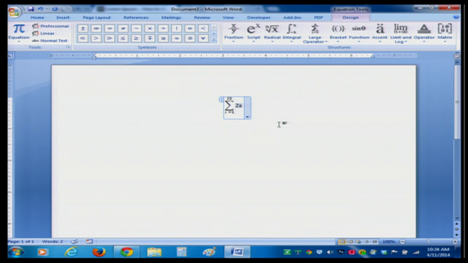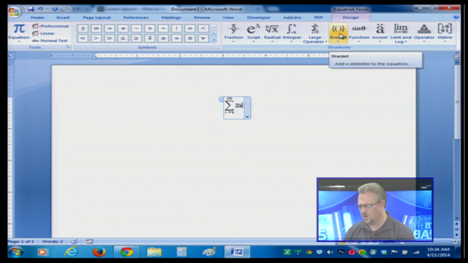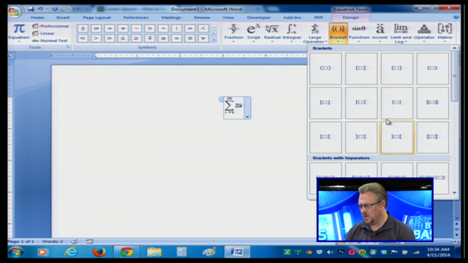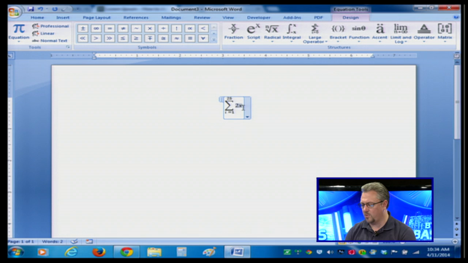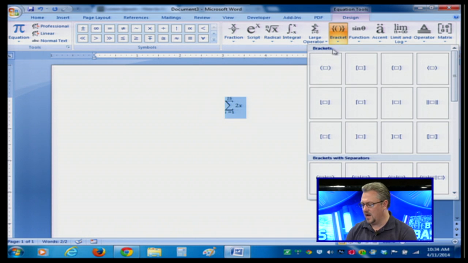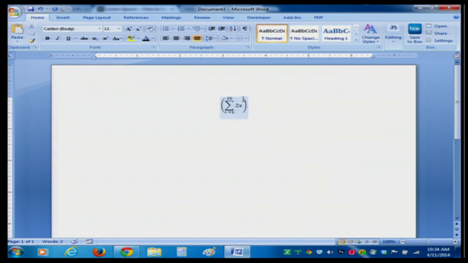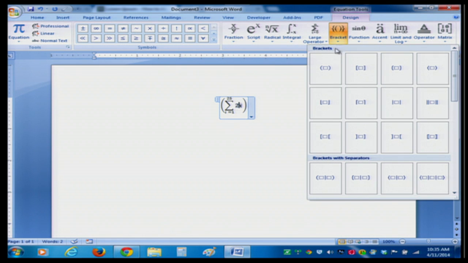So you can do summations, you can do bracketed functions. There's a lot of different ways that will let you place brackets. Again, for simple things, this doesn't seem very important, but if I wanted to put a bracket around the entire summation, I can select the entire thing, and it will make sure that the brackets fit exactly the shape and size of the equation I have so far. If I just wanted a bracket around 2x, the regular parentheses buttons on the keyboard would suffice. But if I go into my equation and do it here,